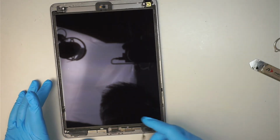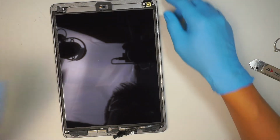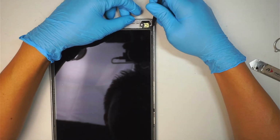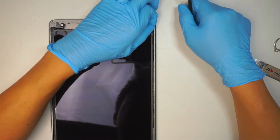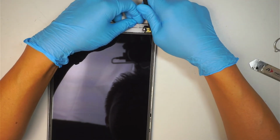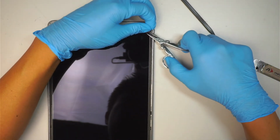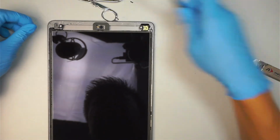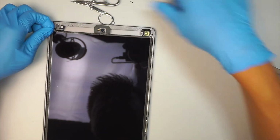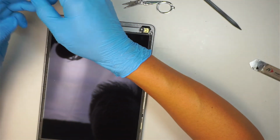Okay, the next step is to remove the LCD. And of course, the LCD is very fragile. And the two hidden screws here, you want to pay attention to that, is to make sure you peel this tape backwards. Okay, expose the button. That screw here, I'm going to cut off this little tape. We don't need the tape. The tape here is just to kind of hide that screw. Okay, once you peel the two thing off,